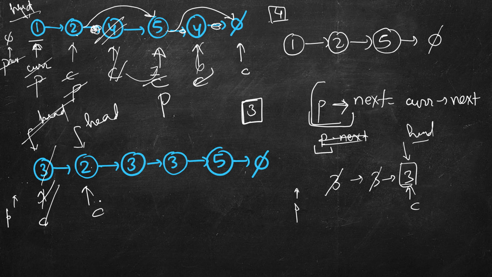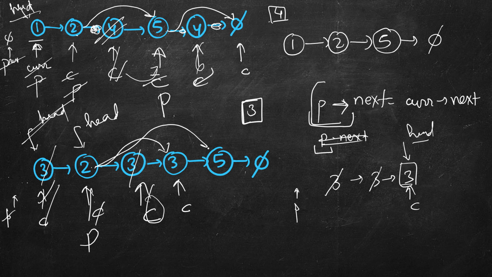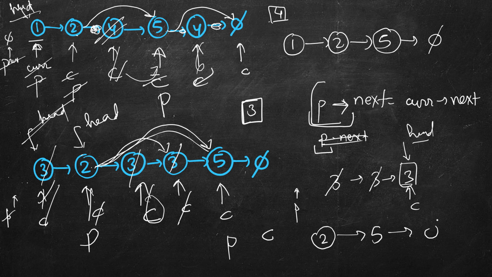It's not equal to 3. So move it here. C comes here. P comes here. Again matches. Make this here. And current comes here. Again matches. Make previous next of current. Again C comes here. It does not match. So P comes here, C comes here. Now C is null, so it returns. Now let's write down this. So head is this 2. So we start with 2. Its next is this one, 5. Its next is null. So you see, this is the expected result. So this is how we will do it iteratively.